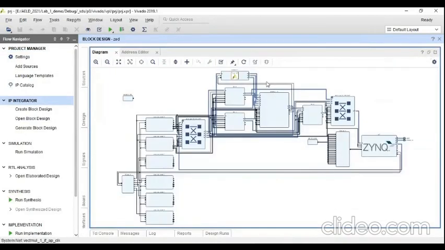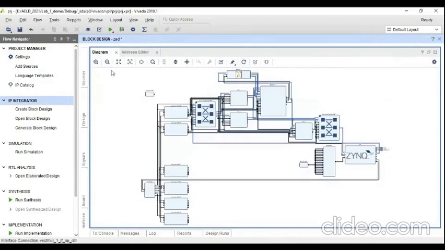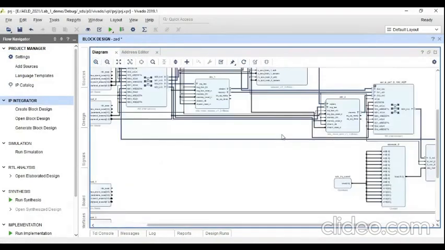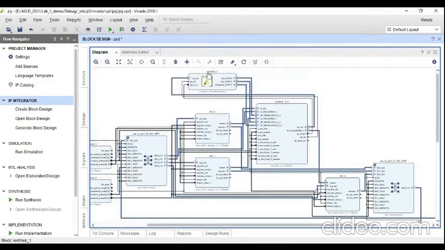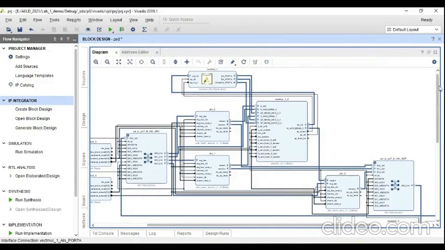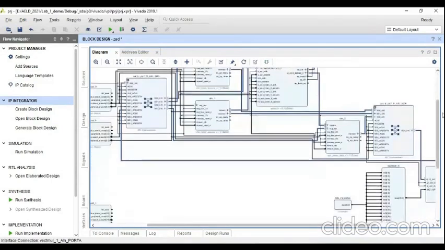If you can see over here, we have this vectmul_1. This function got created, this IP got created in the PL, and there is an HLS symbol over here. Okay, so this pretty much sums up our lab one.